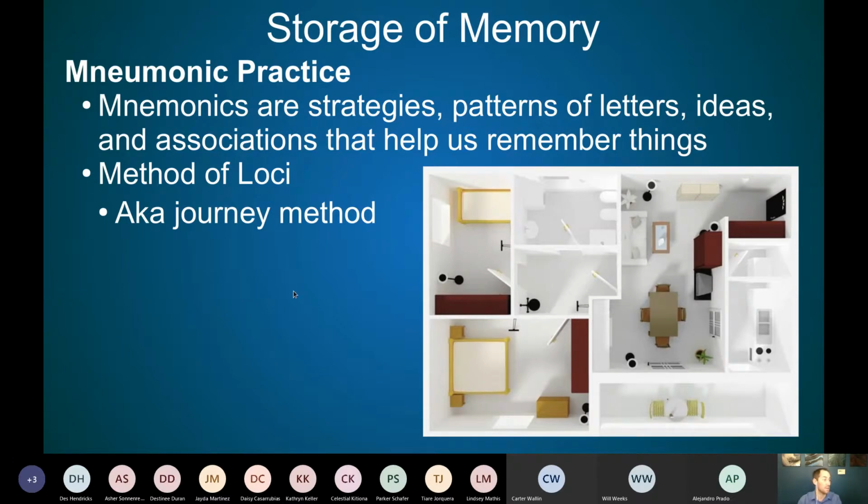But let's talk about this mnemonic, the method of loci. So essentially, you imagine a place that you already know. Some place that you're really familiar with, that visually you can think about, a place that you can walk through. It could be a park that you know really well. It could be your own home. It could be the home you grew up in. It could be just a place that you're really familiar with, where it's really easy for you to recall where things are, the distance between places. So I can stand by this counter and reach to this counter kind of thing. So someplace that you know really well. So that's the first thing.